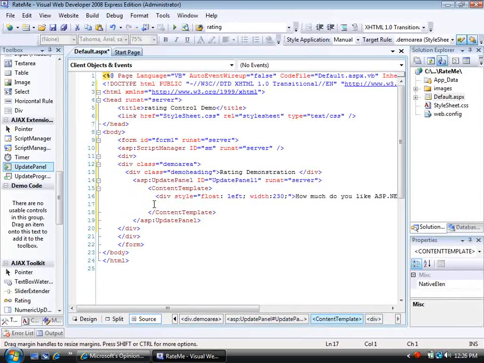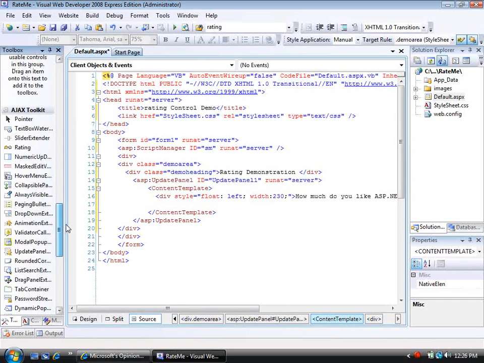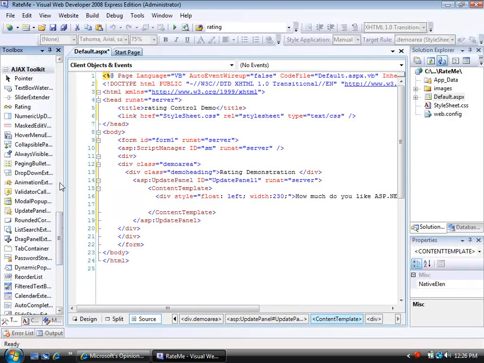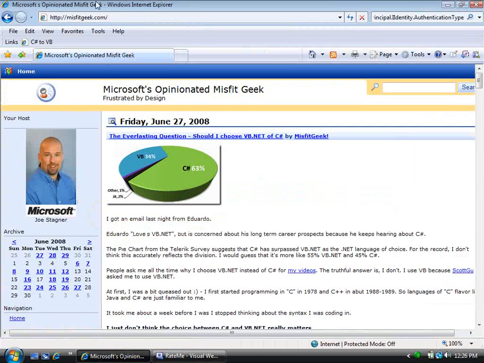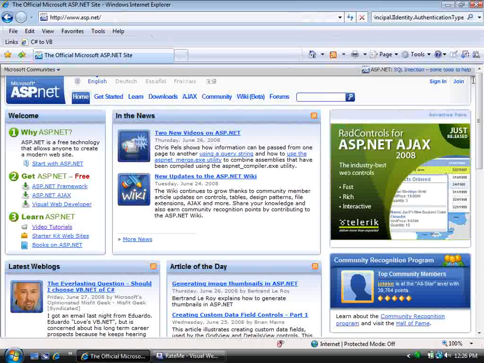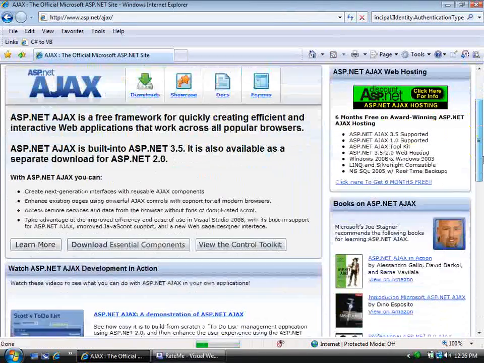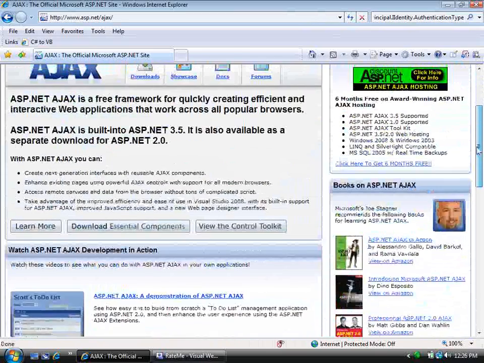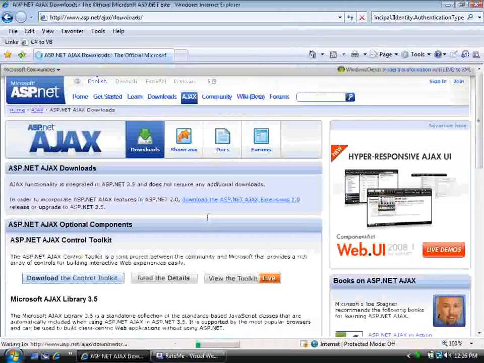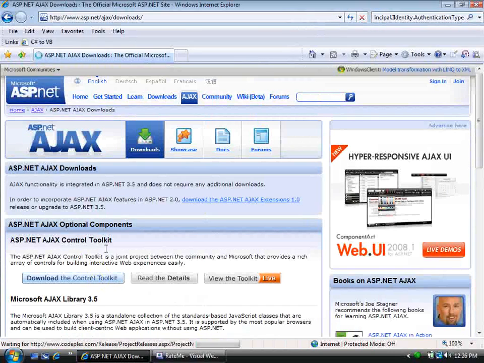Now we want to implement the rating control itself. So we're going to go down into my AJAX Toolkit tab. Now remember that since there's no installer for the AJAX Control Toolkit, I've manually created this AJAX Toolkit. And one of the things that I really want to take a second to point out to folks is that now that there are multiple versions of the ASP.NET AJAX Control Toolkit to support different versions of the framework, if we go into the AJAX section here and scroll down to download essential components, download the toolkit,